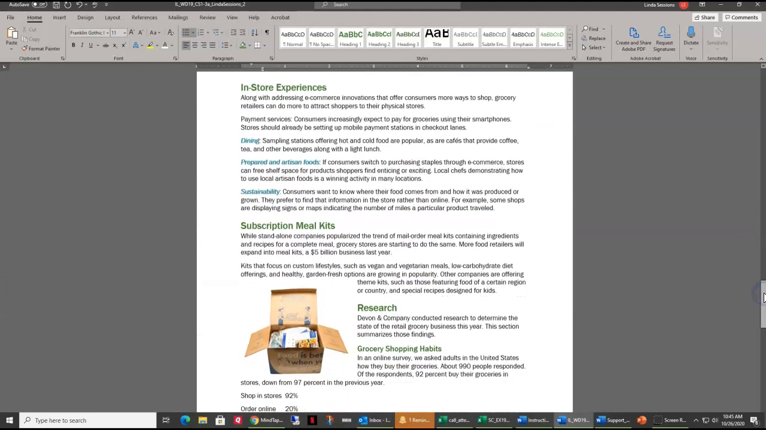Moving on to page 4. We want to copy the formatting from the text dining to the text payment services to use consistent font formats in our in-store experiences. So we're going to find the text that we like, which in this case is dining. So we're going to highlight dining,